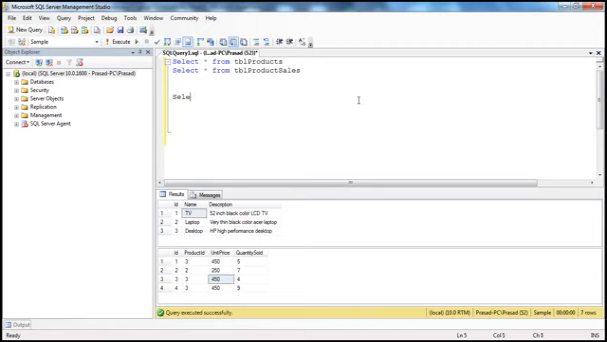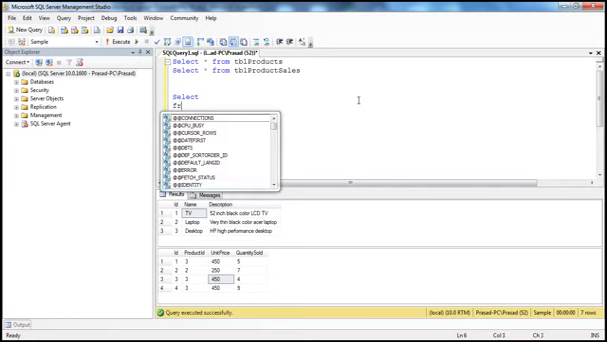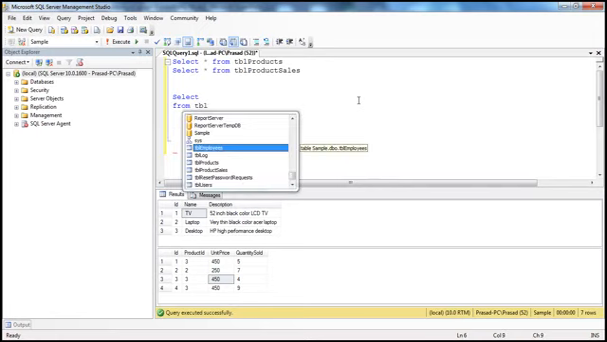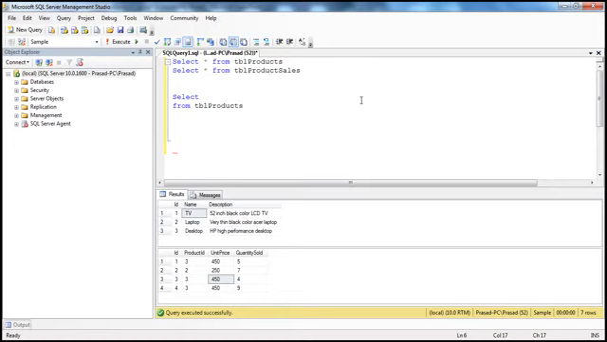So select, I want the ID, name, and description. We'll write those columns later. First, let's write the from clause: select from tblProducts. I have written the from clause first because I'll get IntelliSense for the column names, so it'll be easier to type. So select ID, name, and description. We want these three columns from this table,